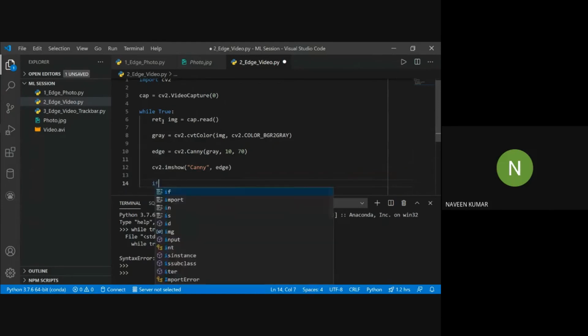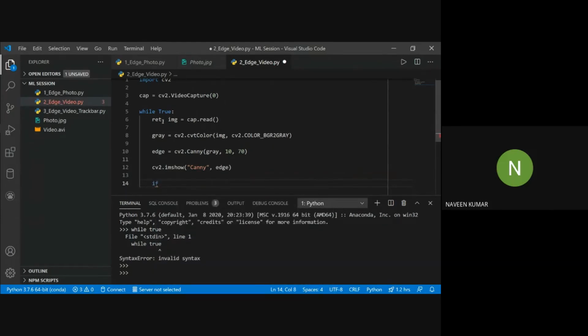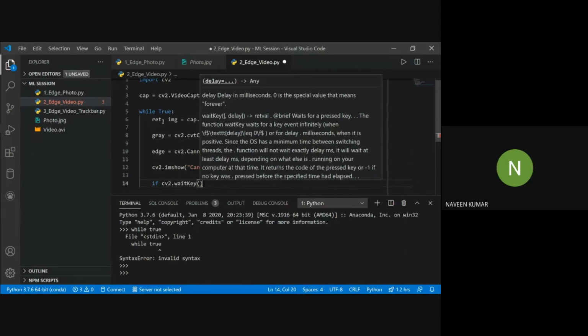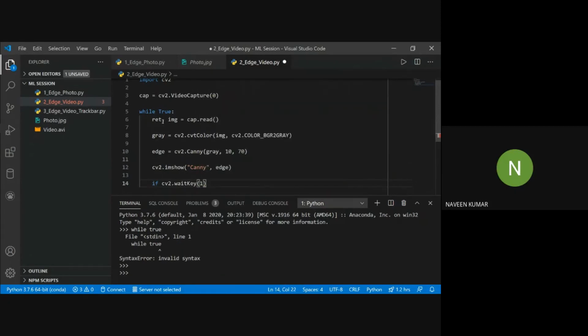And we will do this for infinite time until we press enter. For this, we will put in a condition: if cv2.waitKey, and we will display each and every frame for 1 millisecond. So we'll put 1 here. Otherwise, if we put 0 here, we will get black output. We are putting 13 here because the key code for the enter key is 13.